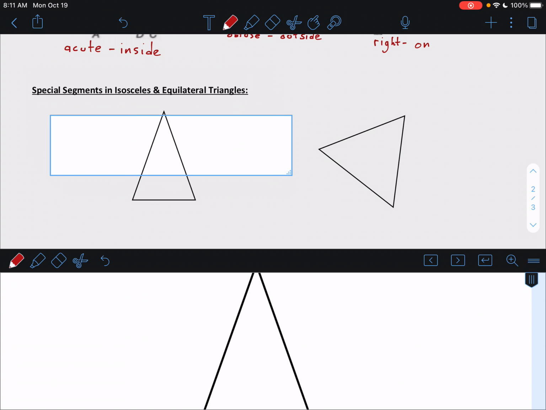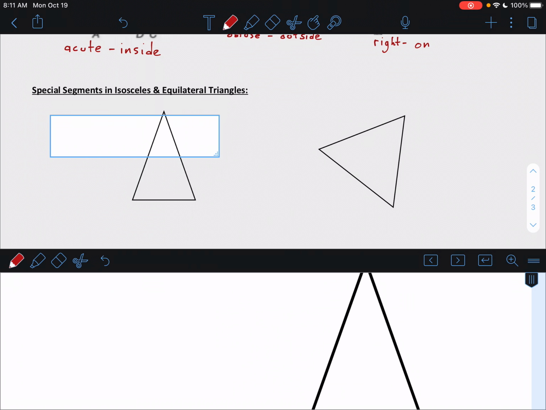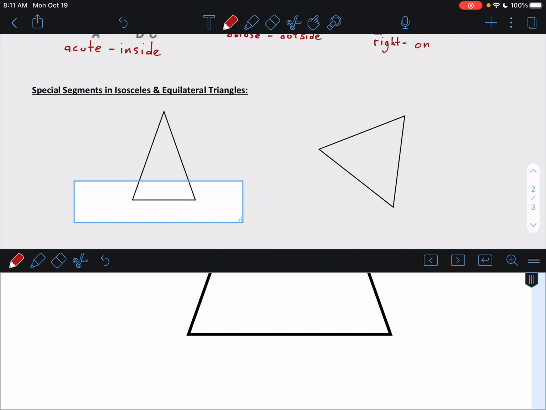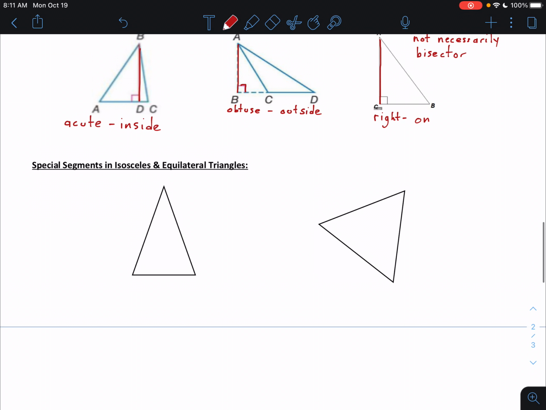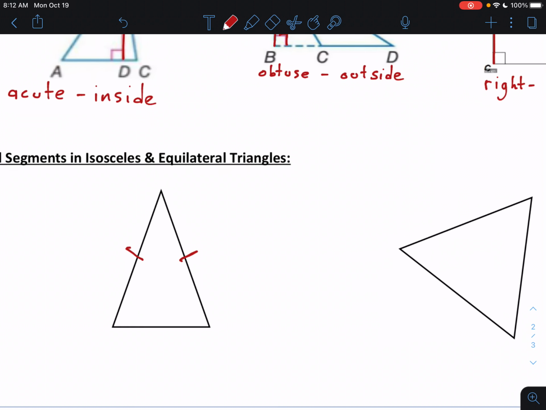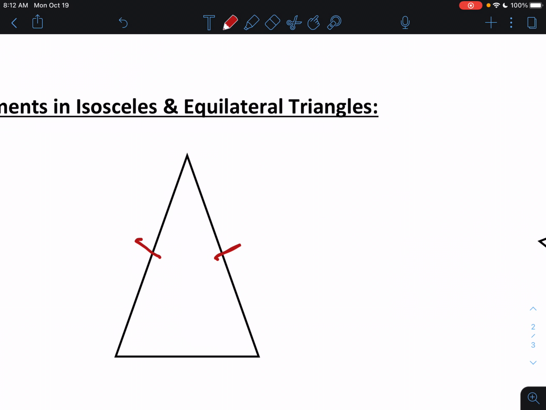So the first one we have here is an isosceles triangle. And I'm going to go ahead and mark these sides as being congruent. So that tells me that it's isosceles. And from my vertex angle, remember the vertex angle is the angle where the two congruent sides meet on an isosceles triangle,